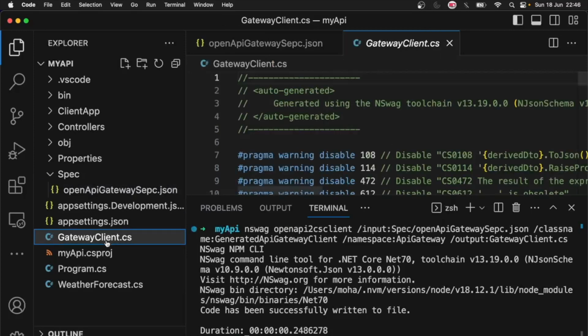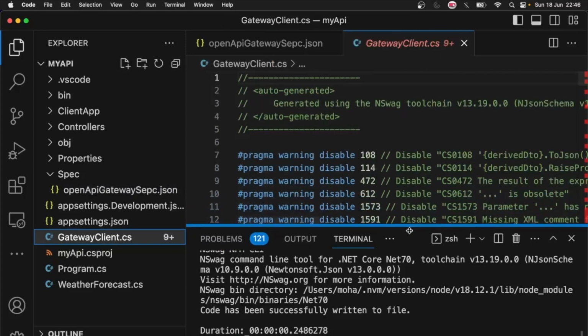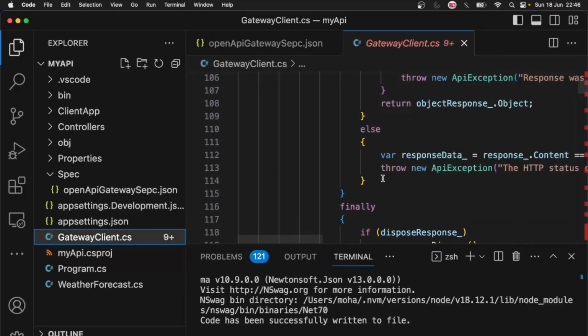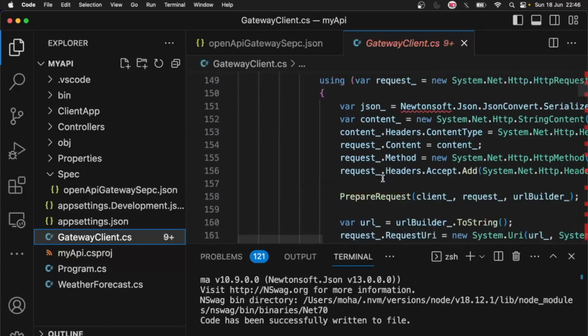As you see here, my client was created, and then I can use it directly in my controllers, or I can inject it in my